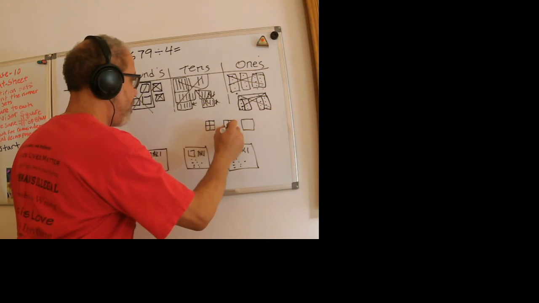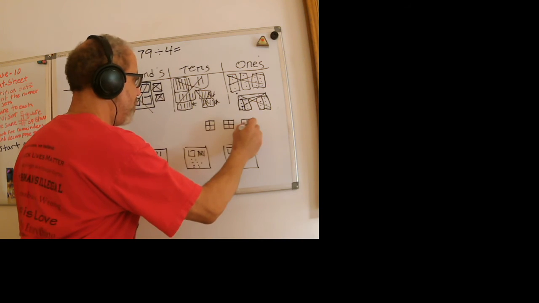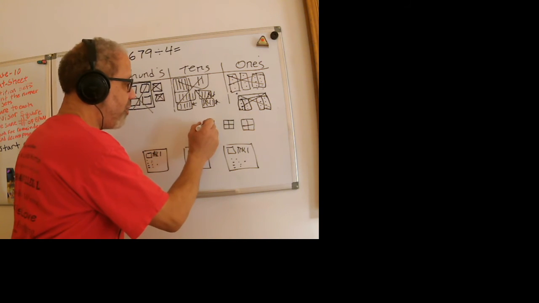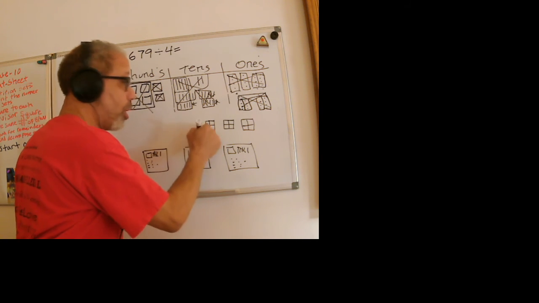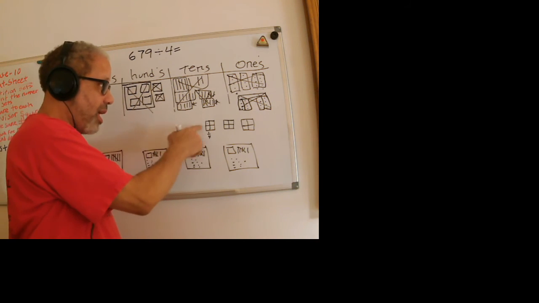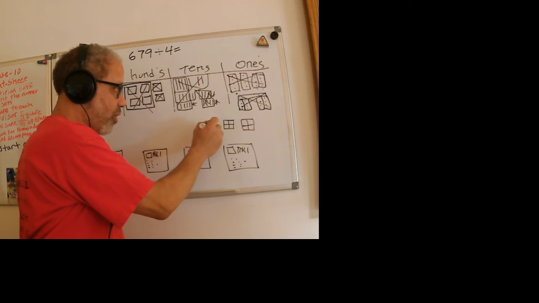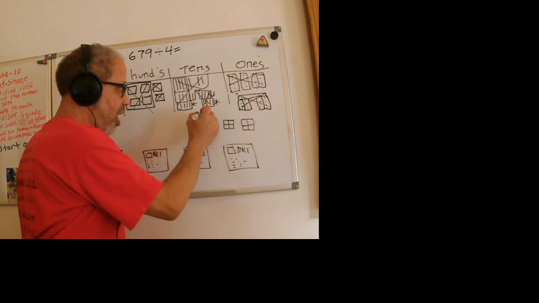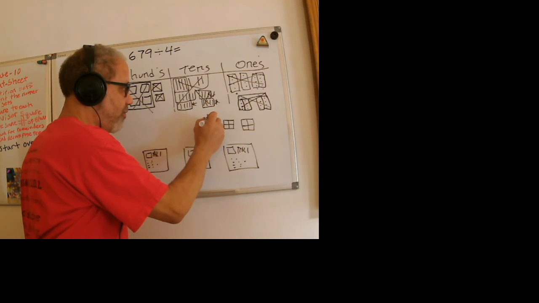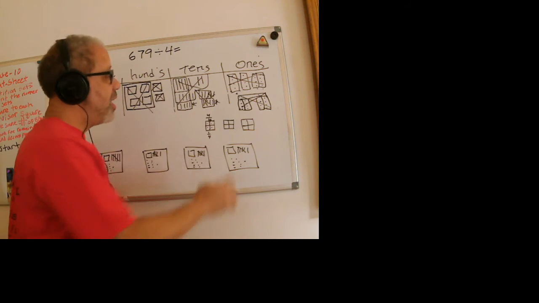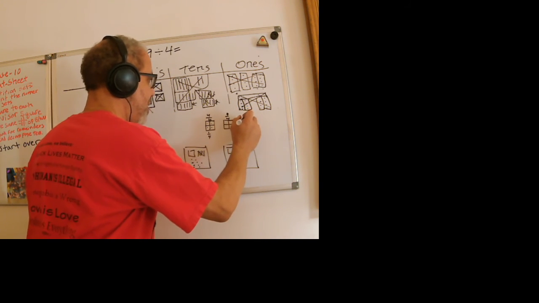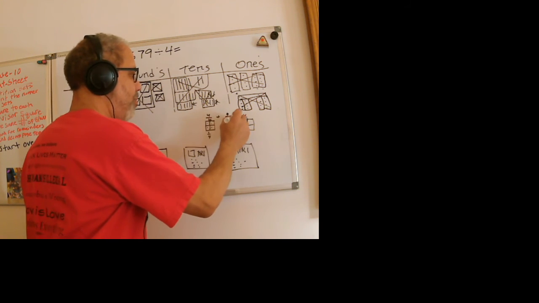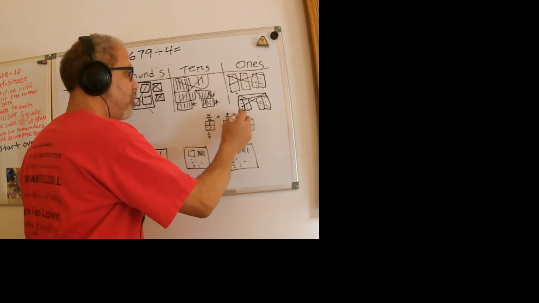There's 4, there's 4, there's 4. Each one of these is 1 out of 4 pieces, so it's 1/4. This is 1/4, 1/4, 1/4, 1/4, for a total of 4 fourths, or the whole teeny. Same thing here, and same thing here. And if we add them, we have 4, 8, 12